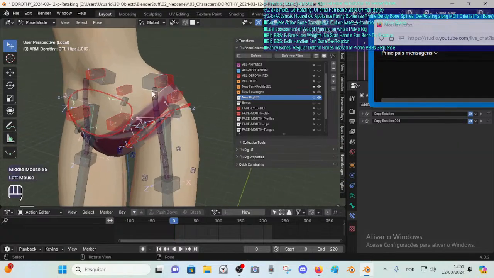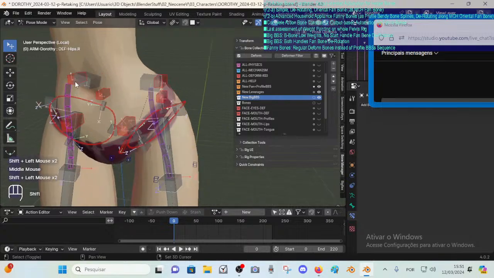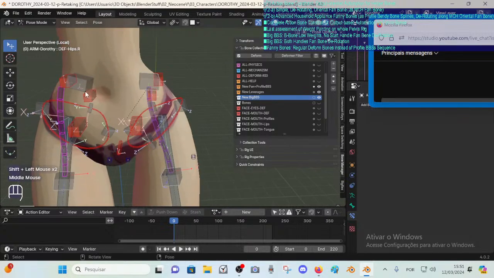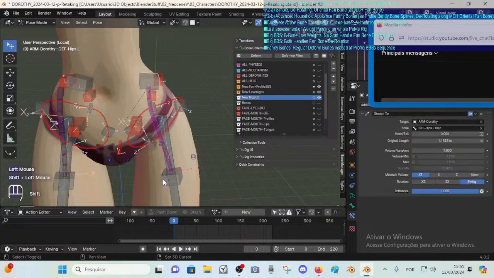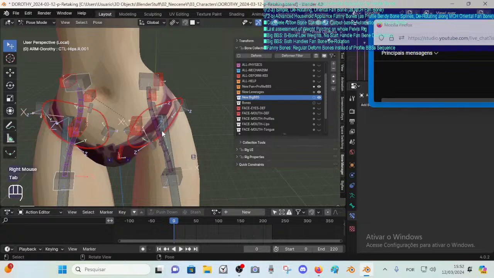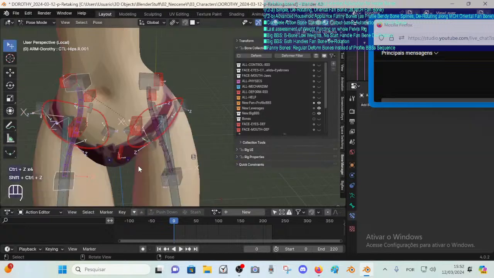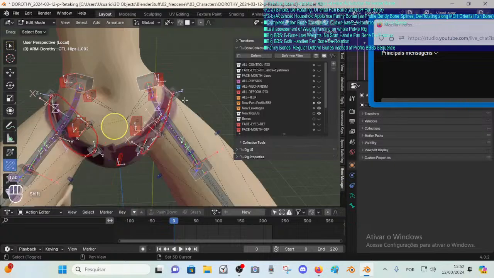But okay, so I need to pick this, and let me put this into, wait, first let's get this symmetrized. Alright, so it symmetrized, then we, oh well, it's already,